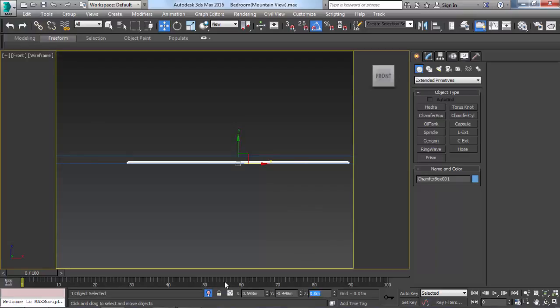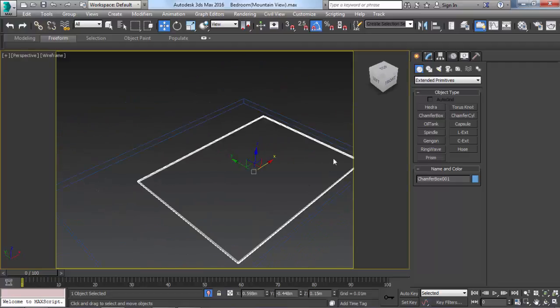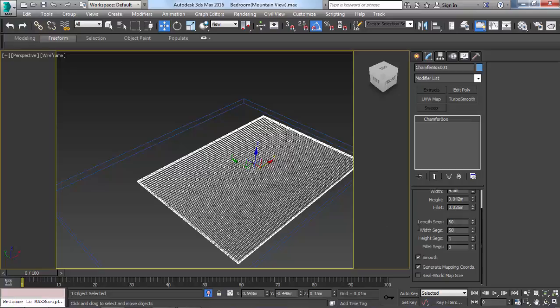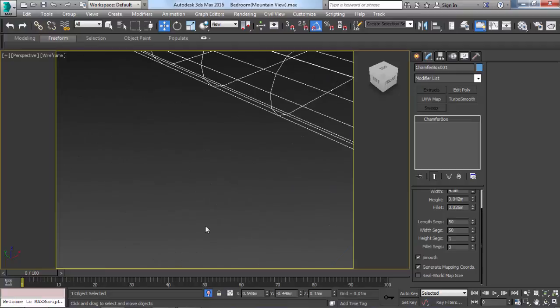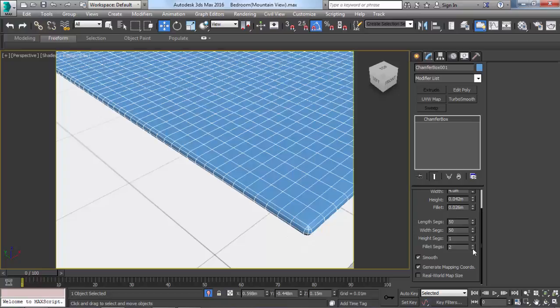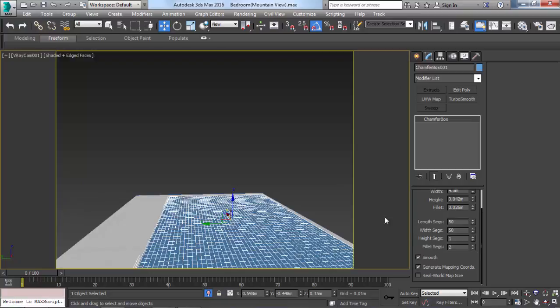So we'll move it up, and we will add length segments of 50 to 50, like this. And let's see. I don't think we need more than this. Yeah, that's good. Let's reduce the fillet to 2,